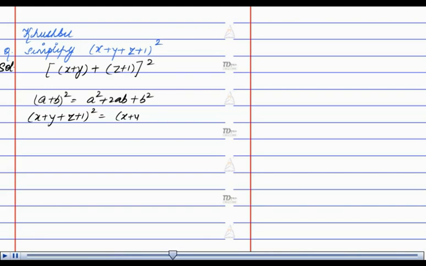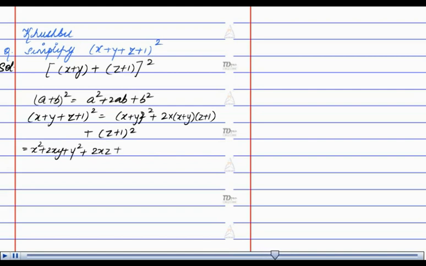(x plus y) whole square plus 2 into (x plus y) into (z plus 1) plus (z plus 1) whole square. Again, opening (x plus y) whole square and (z plus 1) whole square, we get x square plus 2xy plus y square plus